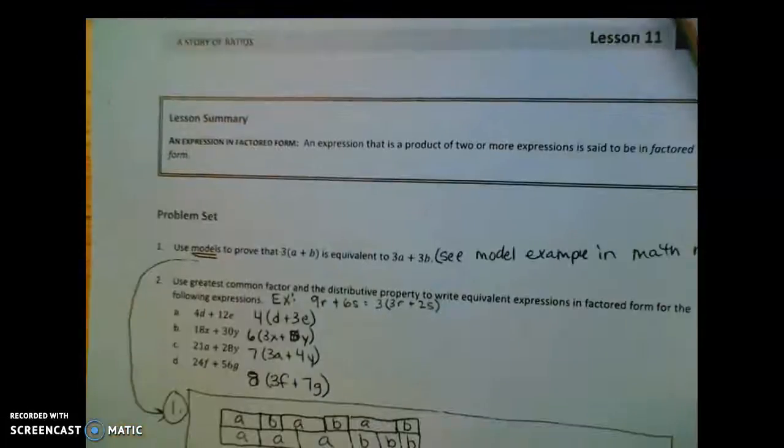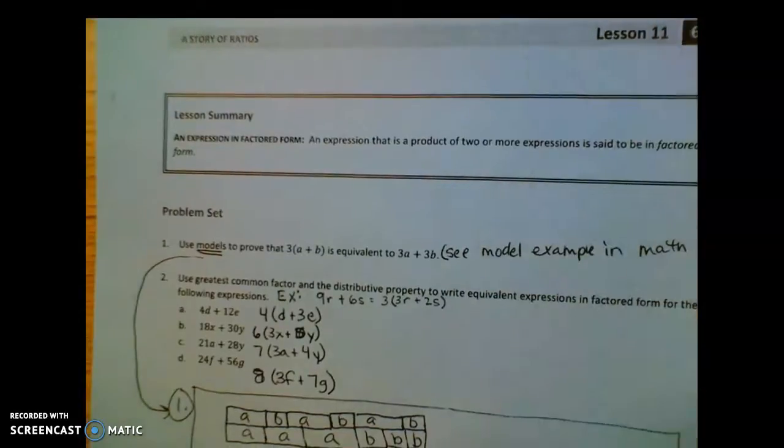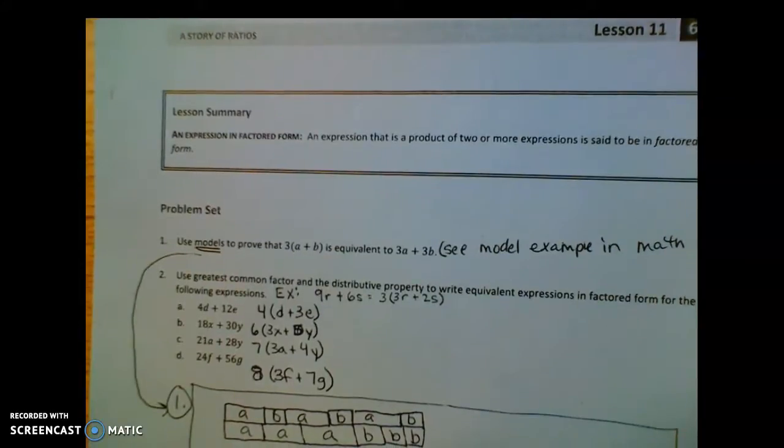Today we are grading Lesson 11 from Module 4 in Eureka from our homework last night. Again, it is perfectly okay if you struggled with this homework last night. It was our first day of applying the distributive property with algebra, so it's okay if you made some mistakes